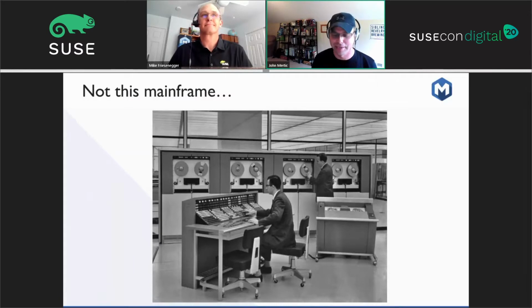Another scenario is if you go to Disney World and you go to Epcot, there's an entry in the spaceship Earth that has something very similar to this. So even when I mention this to my kids, they say, oh, this is a mainframe. Well, the reality is this might have been once a mainframe. This is not what the mainframe of today is.